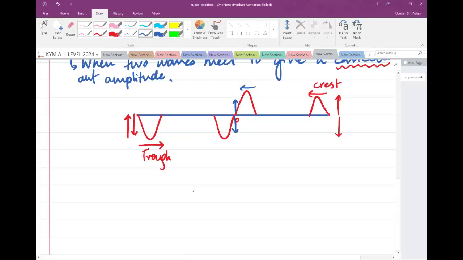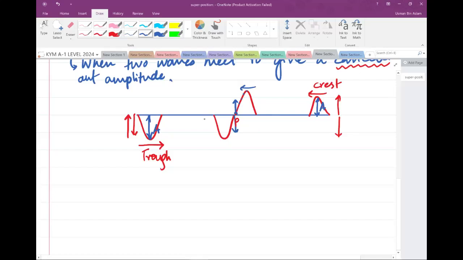the downwards direction. So at the same instant, when crest and trough meet at a point P, what happens? The crest tries to move P in the upwards direction, and the trough tries to move the point P in the downwards direction. So if both of them have the same amplitude, let's say this is A and this is A as well,